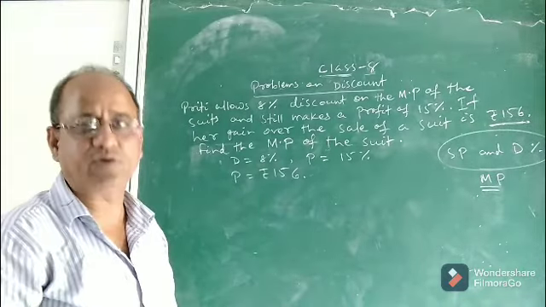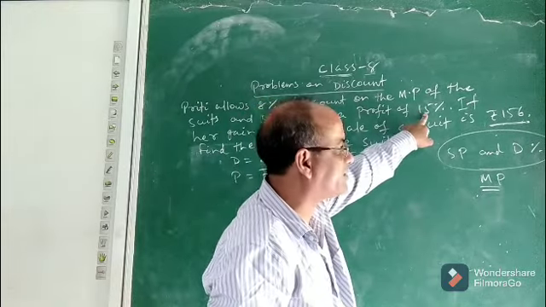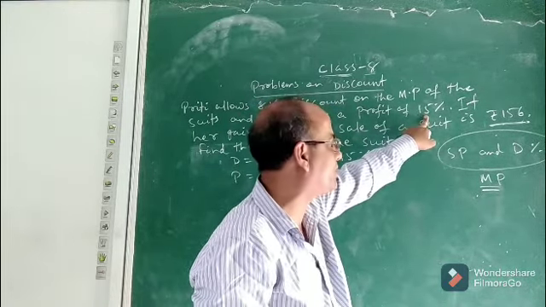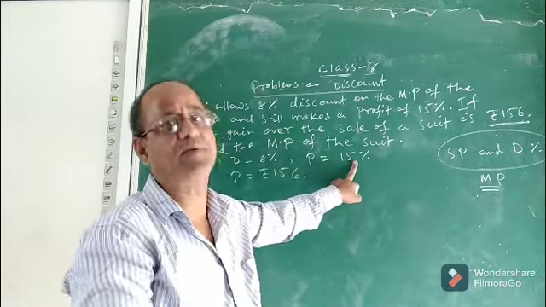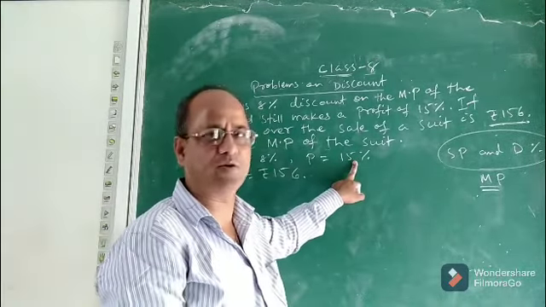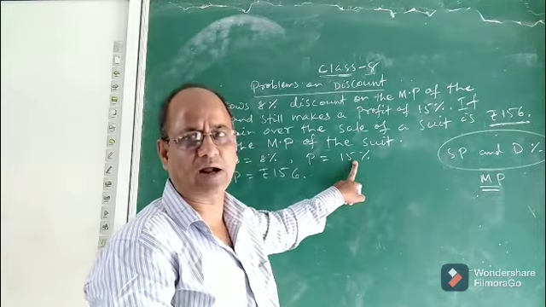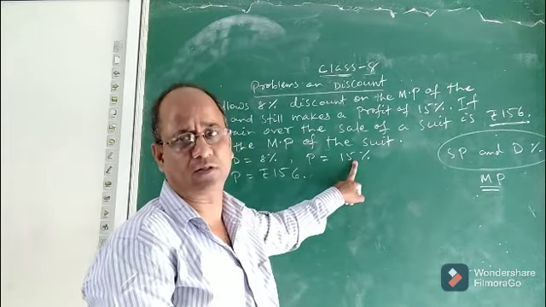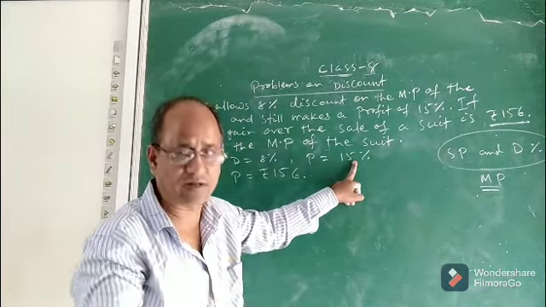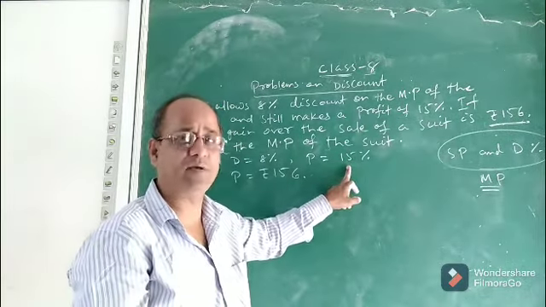Now the point is, how will we find the selling price? What is the profit percent given here? Children, the profit percent is 15%. Now this profit is definitely on which amount? Already I have told you many times, profit percent and loss percent are always calculated on the cost price of the article, not the selling price. So this 15% profit will be on the cost price.